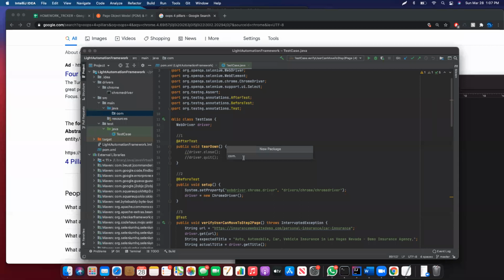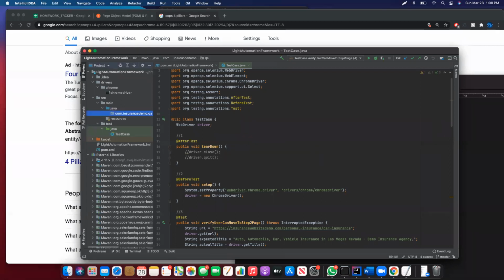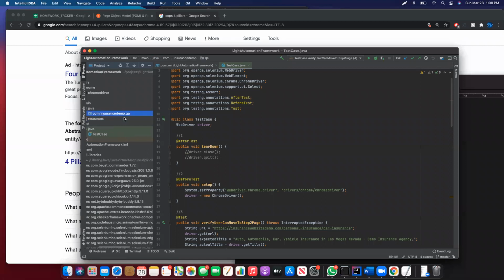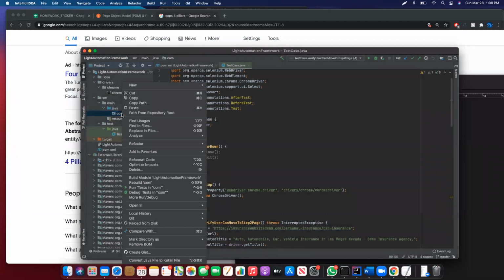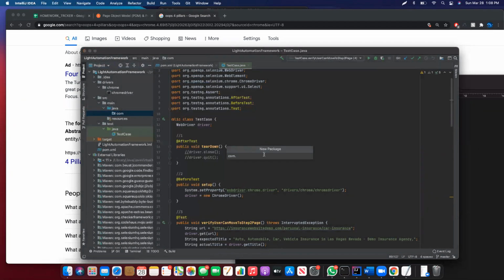As you can see, com dot. The next one will be, in our case, what we're testing. We're testing insurance, so insurance demo, right? So it should be something like that. When you create a new package, you say com dot insurance demo, with com going in the front, and that's the way they actually follow. And then in this case, let's say we do QA, boom. So now you are into, oh, okay. I want to have it separate actually. Click undo on this. Okay, com, new, this, and then instead of that, I'm gonna say